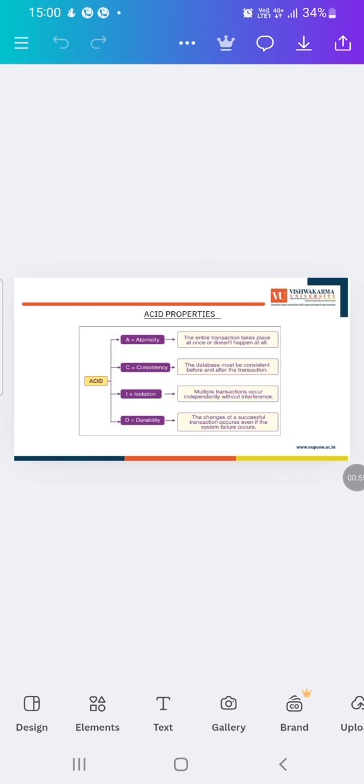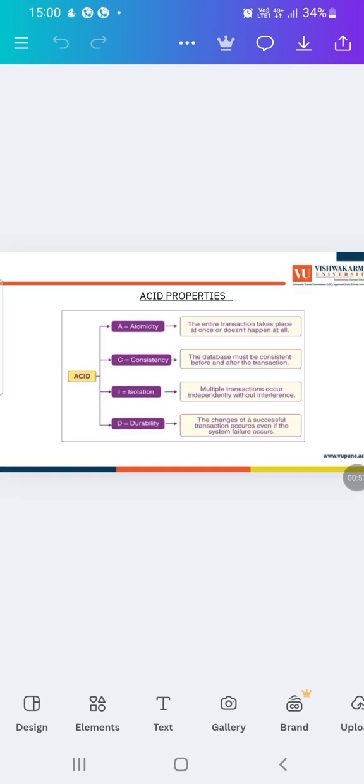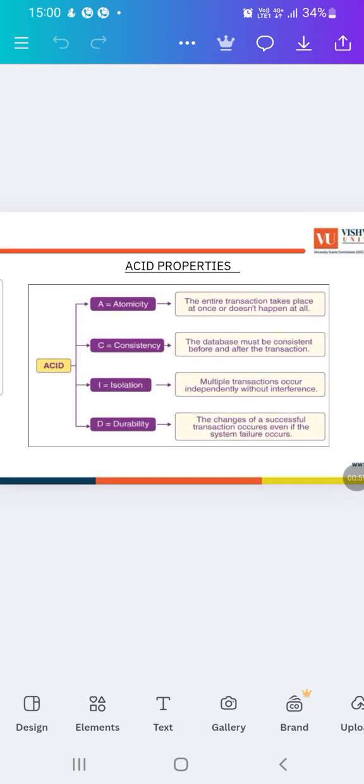These are the ACID properties. The first ACID property is atomicity. The entire transaction takes place at once or doesn't happen at all. Second, C